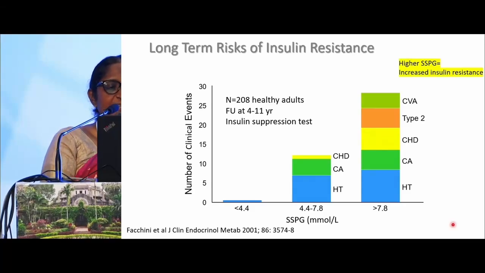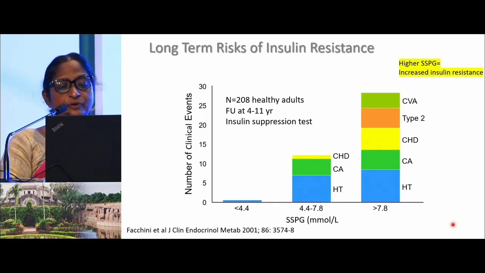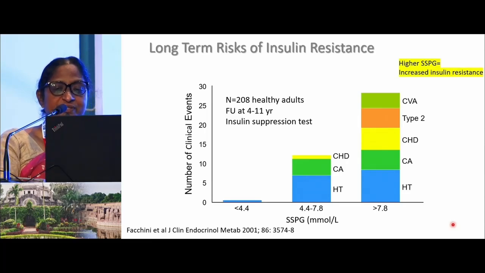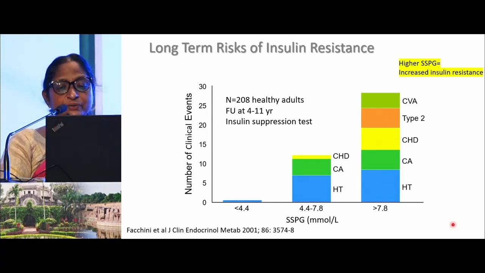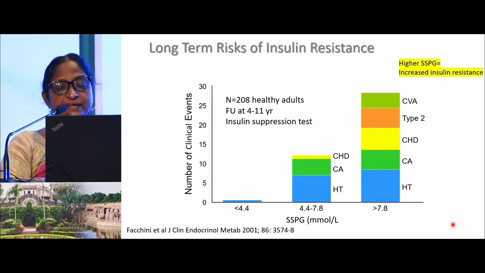This slide very clearly demonstrates the long-term risks of insulin resistance. There was a group of 208 healthy adults followed up for 4 to 11 years. Based on insulin suppression tests, the steady state plasma glucose, SSPG, was attained, and higher SSPG is equivalent to increased insulin resistance. And they looked at clinical events like hypertension, cancer, coronary heart disease, type 2 diabetes, and cerebrovascular accident over